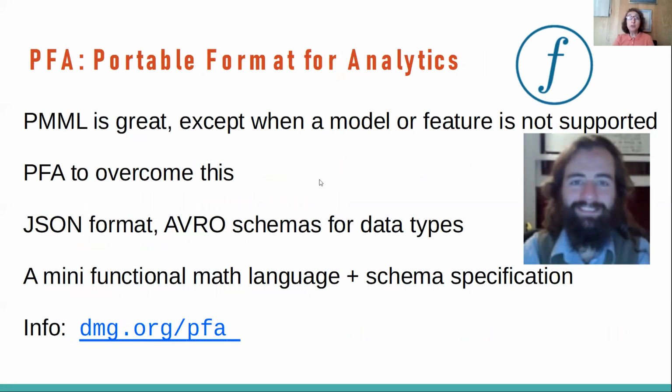So PML was pretty good, except in cases where some feature or model was not yet in the standard. Then it would take a pretty long time to get it into the standard. And also in the last decade, there was this desire to use JSON rather than XML for model representation. And so Bob Grossman asked Jim Pivarsky to implement this, to design a new